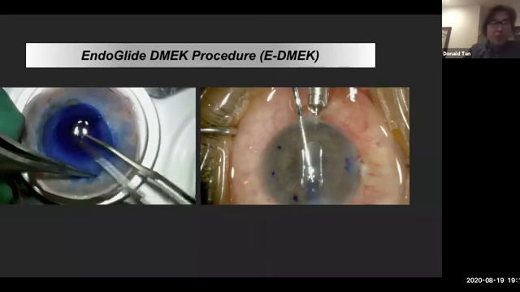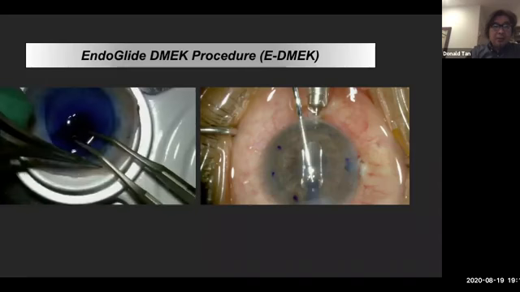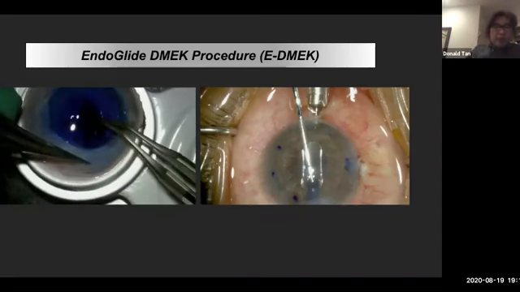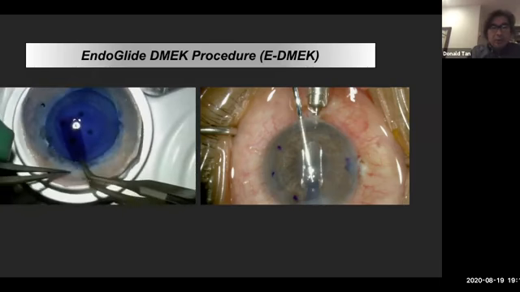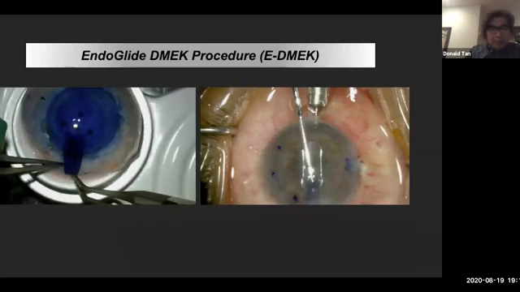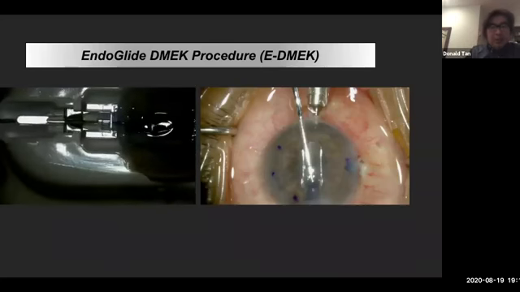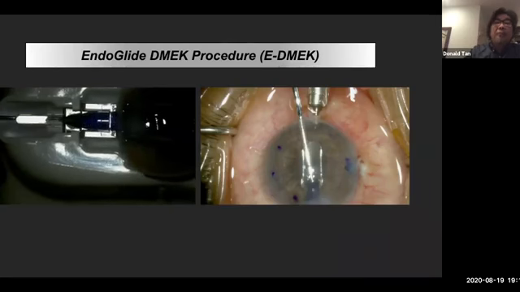So this is the procedure. After stripping the tissue, we carefully create a trifold. So this is endo in, we're folding the endothelium in into a coil, into a trifold. One area is a little bit, the advancing edge is slightly narrower, and basically we deliver the whole tissue to the endoglide device, and we're gripping the tissue, just pulling it straight in.